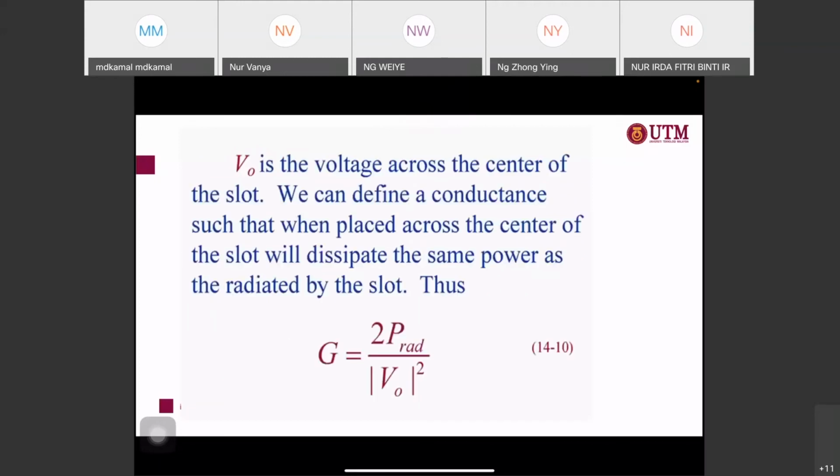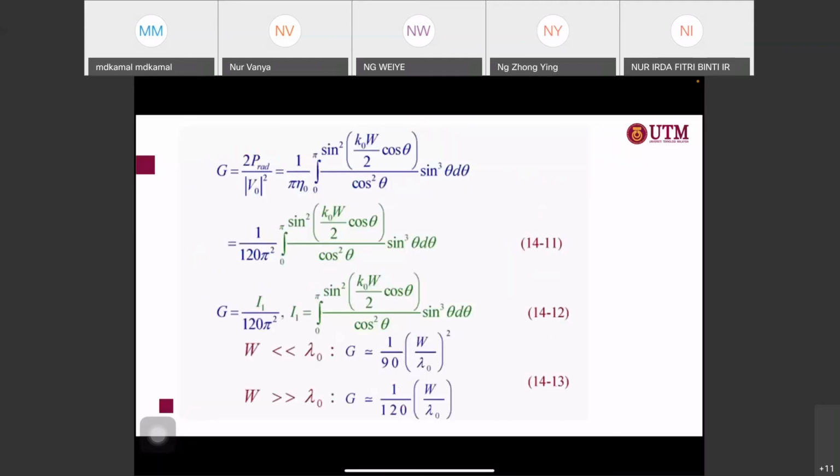Okay, right. If V naught is the voltage across the center of the slot, we can define a conductance such that when placed across the center of the slot, it will dissipate the same power as rated by the slot. Thus, we can see that G is equal to 2P over V naught squared. And then if you have all these equations, you can see that G is equal to this value,